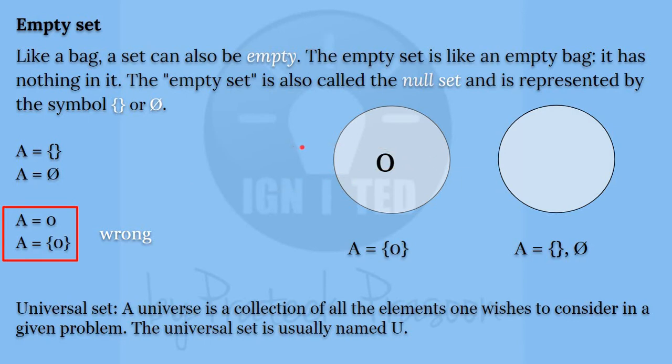What is the difference? Here is the difference. Suppose the bag contains an element 0 or a digit 0, then we will write A contains 0. Suppose it contains nothing, then we will write A contains nothing, like this. This is an example of a null set, and this is an example of a set containing one element and that element is 0. And then we have universal set, like a set of all animals, a set of all natural numbers, a set of all whole numbers.